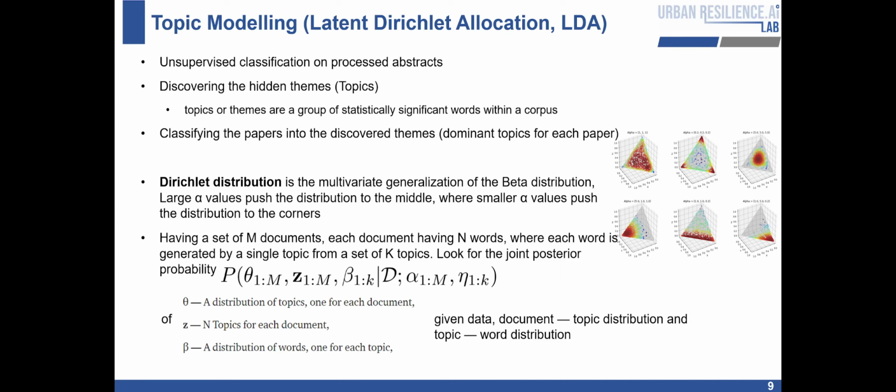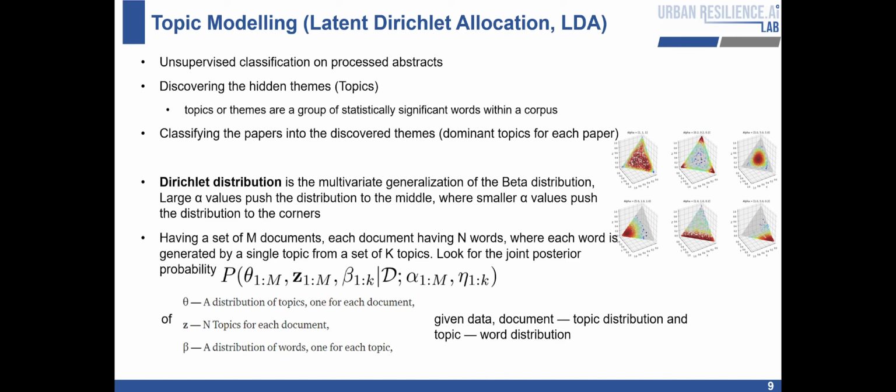Let's explain what topic modeling with LDA does in a simple manner. Let's say we have a set of M documents. Each document has N words, where each word is generated by a single topic from a set of K topics. We look at the joint posterior probability of data, Z and beta, given the document topic distribution and the topic word